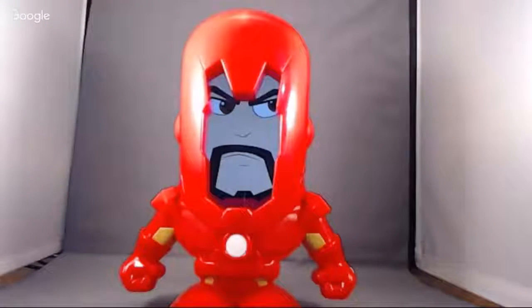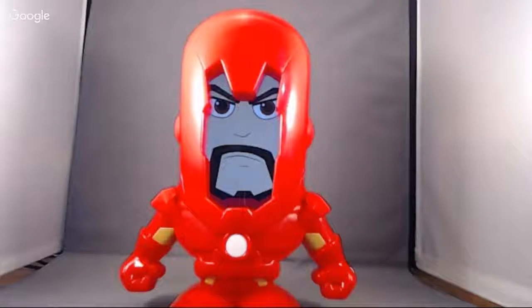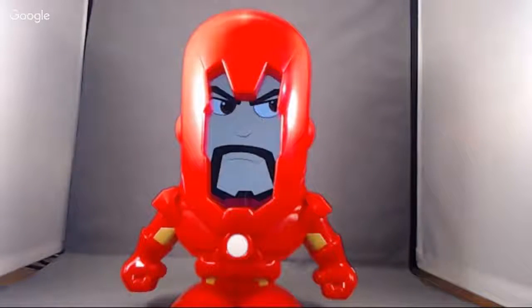And sometimes the face mask will actually close down. And so you'll have the big yellow, like we see in this piece of artwork here, the big yellow face mask pops into place and covers it up. Now, honestly, this just looks neat. It's a little